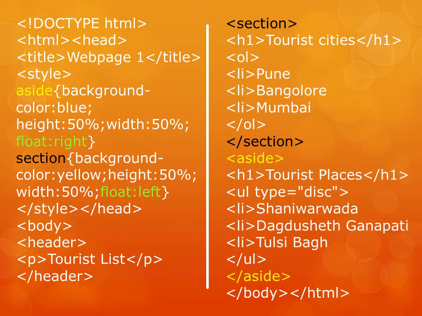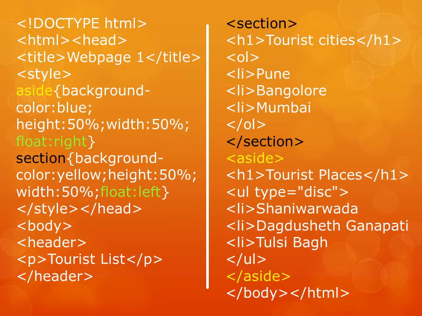So as usual, write down all the basic tags. Then next is the style tag. Here in the style tag we are using aside. Okay, why do we use aside? Because it defines content apart from the main content. And here we are applying this style on aside, and which are the styles?